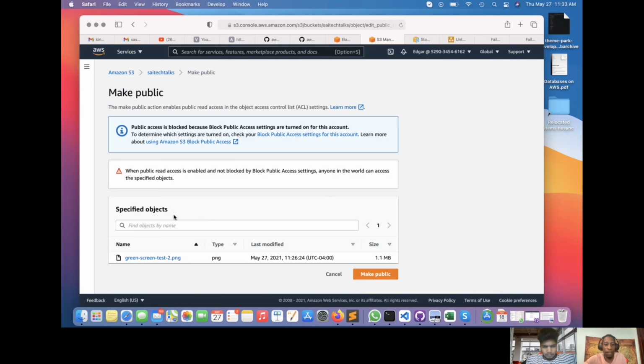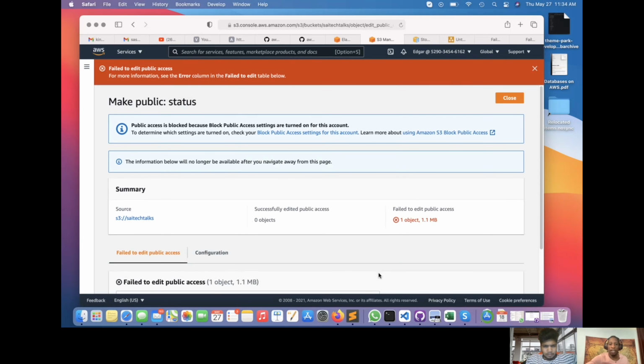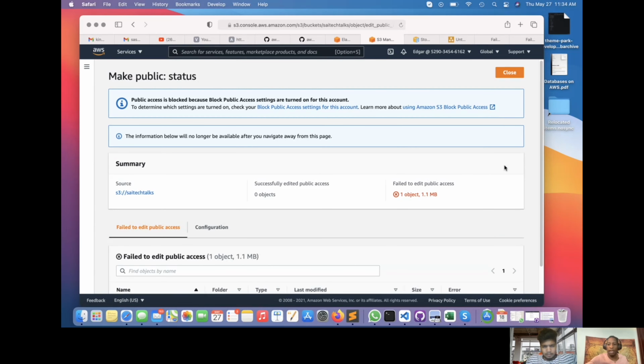See how it's telling me? When public read access is enabled and not blocked by block public access settings, anyone in the world can access this specific file. So when I do that, it should do that. But the only reason why it's not doing that is because my account doesn't have the permissions. So with that being said,